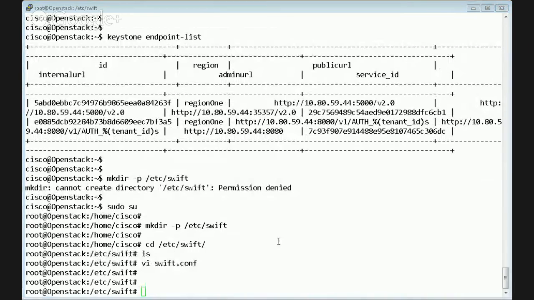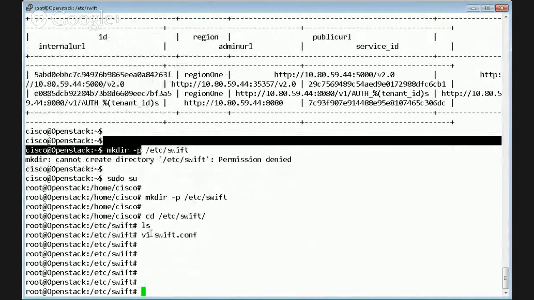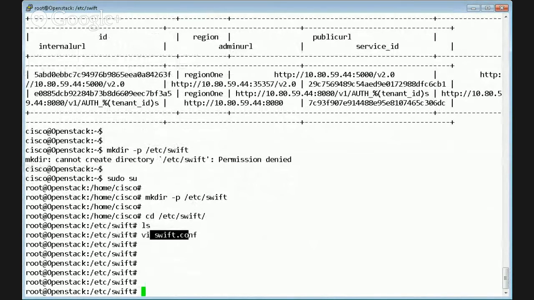Now let's go ahead and move on. So we have created a directory for Swift. We went ahead and created our swift.conf. We configured the hashing for the prefix and suffix. We specified some random strings. Now it's time to configure the Swift storage node. And if you recall, we will be using the same VM for our Swift storage. So we'll go ahead and install some of our packages. We will be installing the Swift account, Swift container, Swift object, and we will be using the XFS file